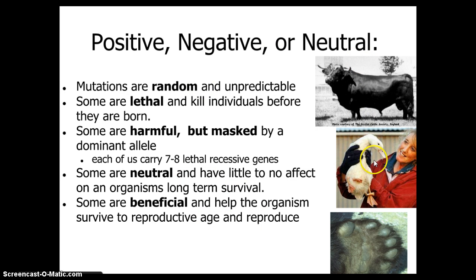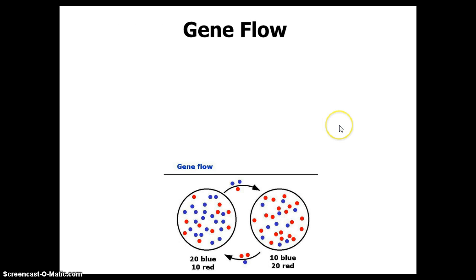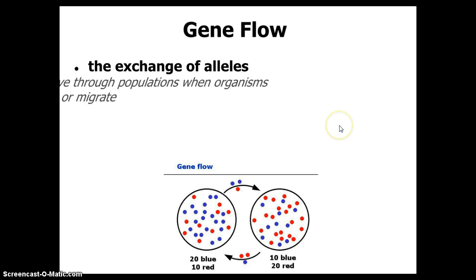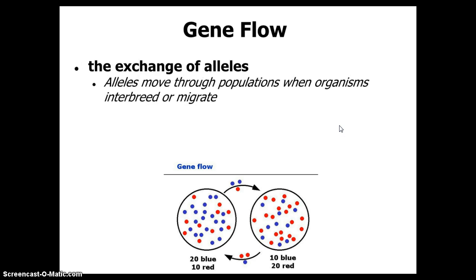These are just showing, this is like a duck with a third leg. It doesn't really seem to hurt it right now, but here's a bear with an extra toe, and here's a sort of short-legged steer. So gene flow is just the exchange of alleles between populations, and this exchange happens through